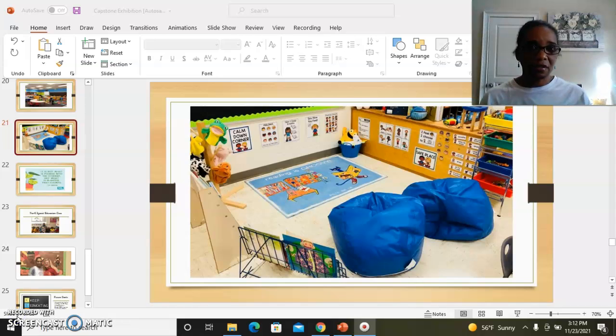All right, here's another layout I liked. I really like the common area. It's okay if we have bad days. Our students are not going to be happy every day, but you want the common area to be a safe place. You want visuals: how I'm feeling today. Okay, I need to go calm down.